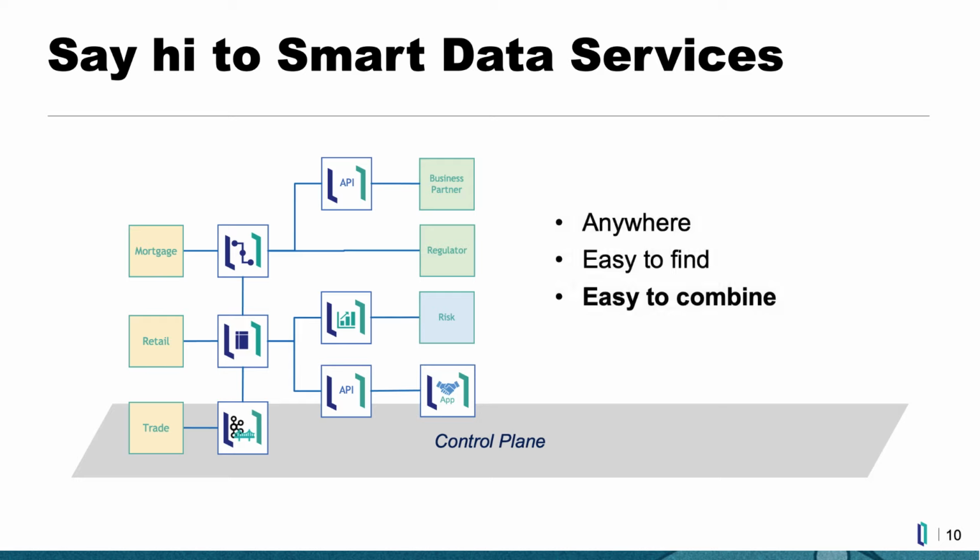Furthermore, many use cases can be complex, and as you can see in the diagram, it may require a combination of several products. A product published as a Smart Data Service would be easy to combine with other products in the catalog. They are just better together. Once deployed, products will be able to quickly scale horizontally or vertically based on changing needs. Collectively, Smart Data Services can help meet your needs of today, along with adapting and growing with you into the future. Thank you for your time.